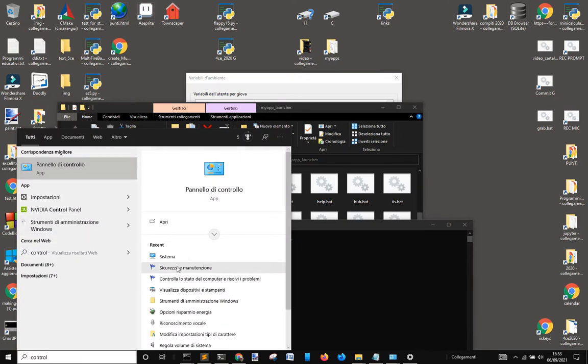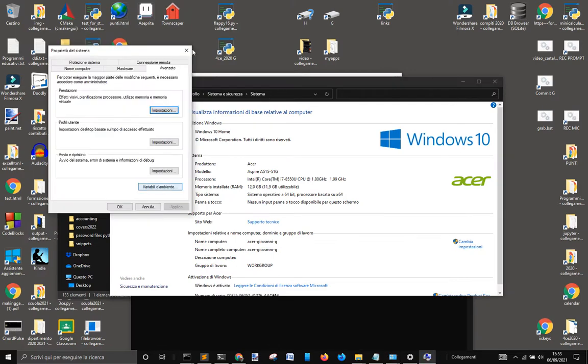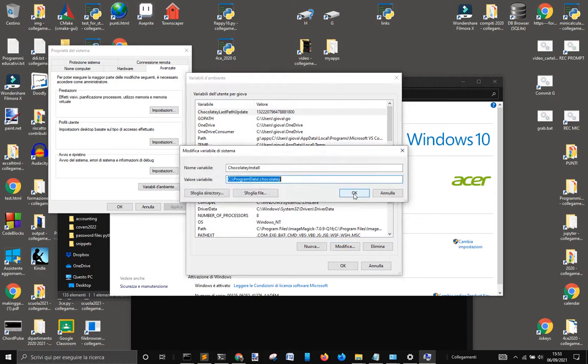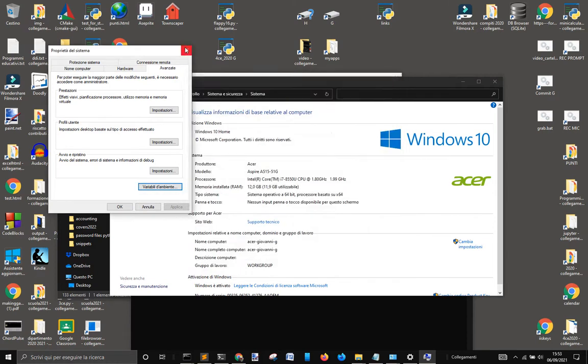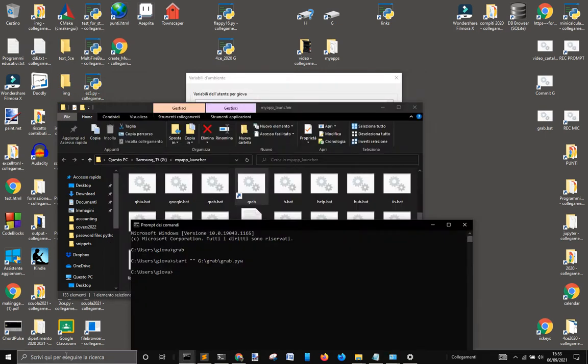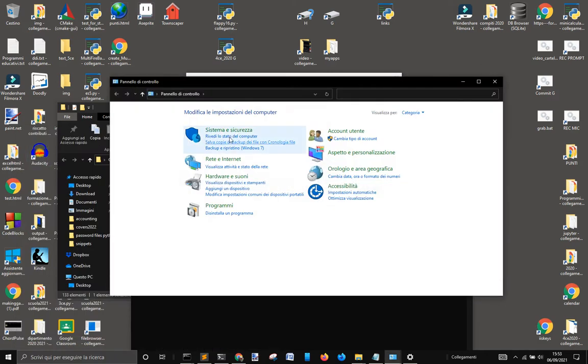Let me just repeat it. And in System, you see here, you get just System here. And you go into Advanced, okay? And then you go into Environment Variables, and then you can modify stuff here. Or if you want to do it another way, you go to Control Panel, System and Security,